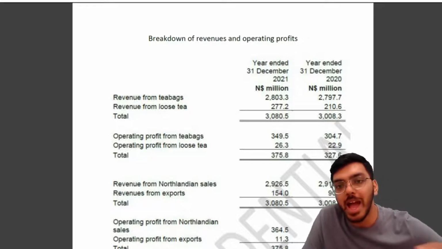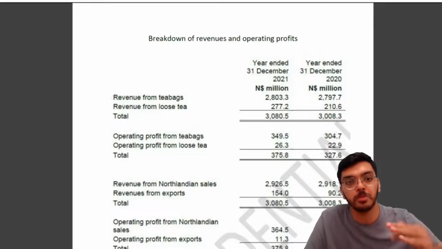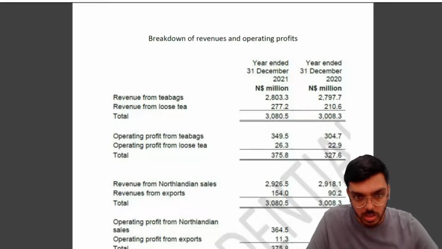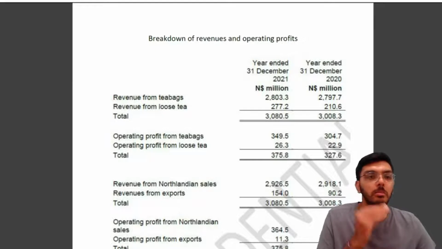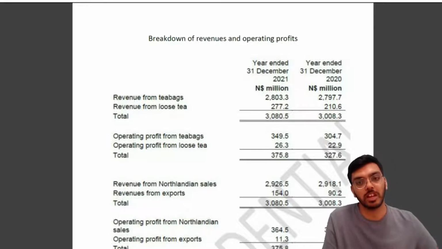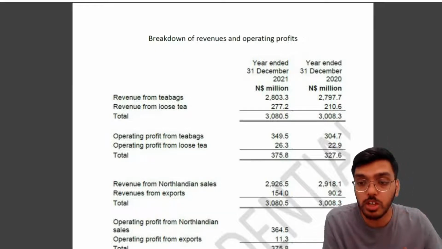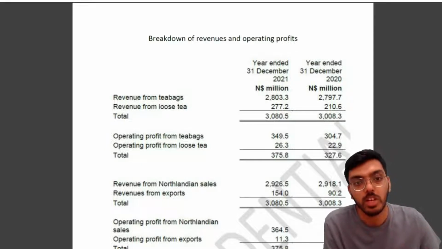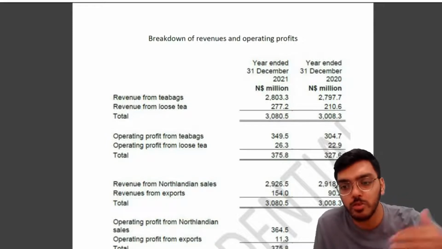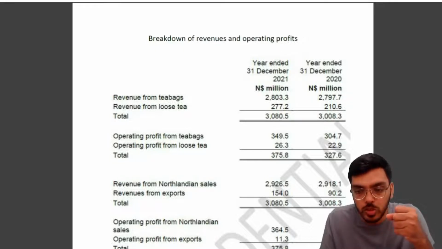The revenue from tea bags was a whole lot more, close to 10 times more than the revenue from loose tea. So it is very, very obvious that the highest selling product for my company is tea bags. So this segmental analysis is clearly telling me that the most revenue generating product, let me correct myself, is tea bags. So this is an area I should be focusing upon. This is an area that I would always want to keep increasing. This is an area that I would always want to keep looking at as the most lucrative market